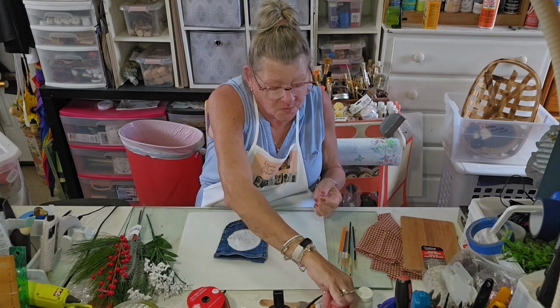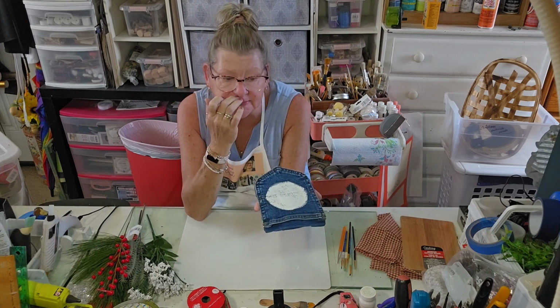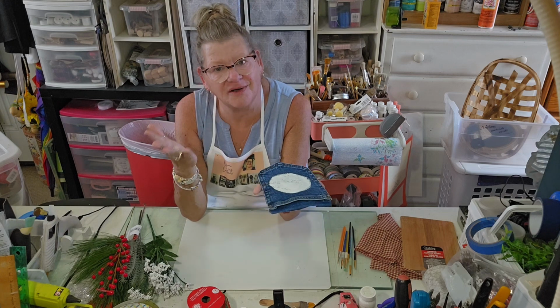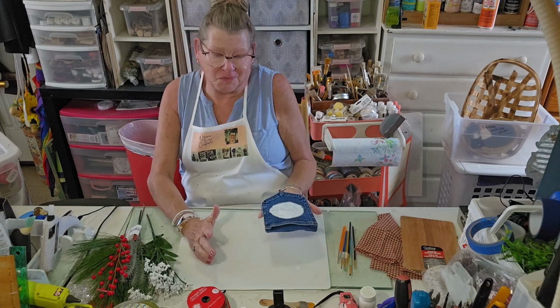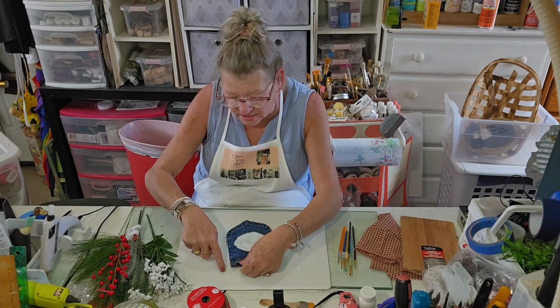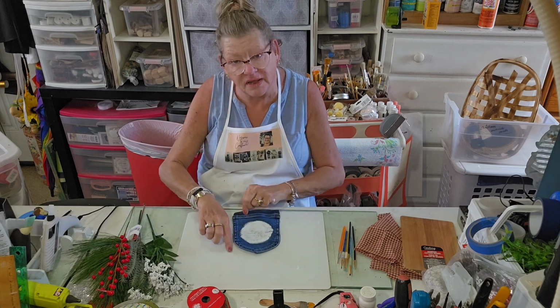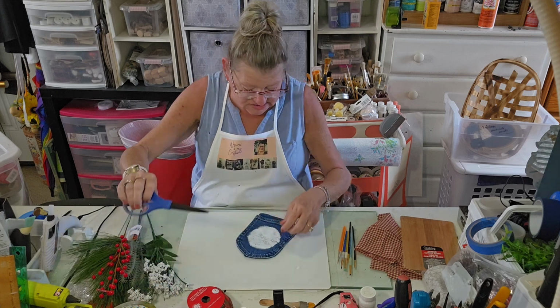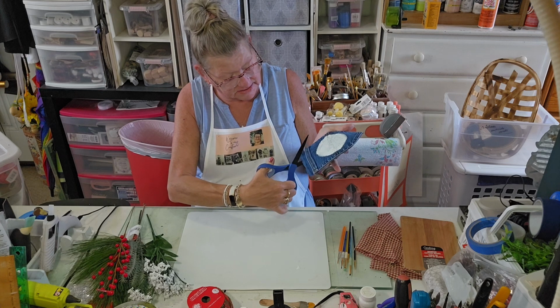Oh, and you know what else I wanted to tell you? Sometimes I go ahead and pre-cut my pockets because I don't have room to store all the thickness of the dungarees. Normally I know I want to craft with the pockets, but if you cut a little more than, say, 1/4 of an inch around your seam here, and then you just take your scissors, I'll do it right here for a second, and you just go in,